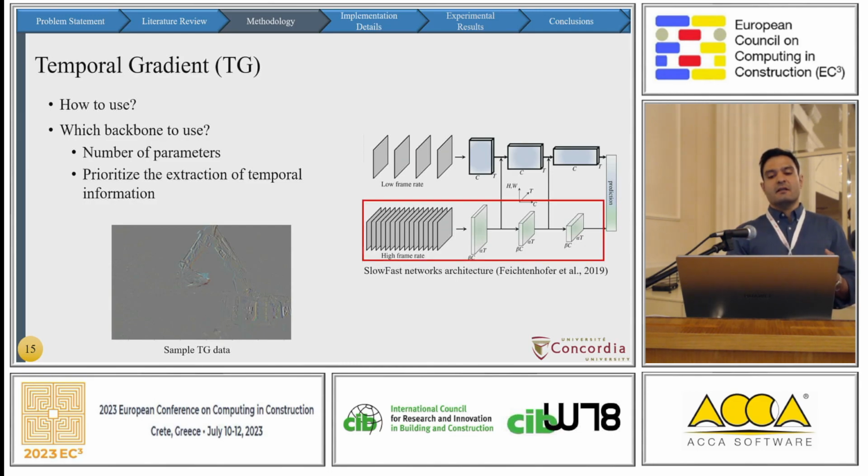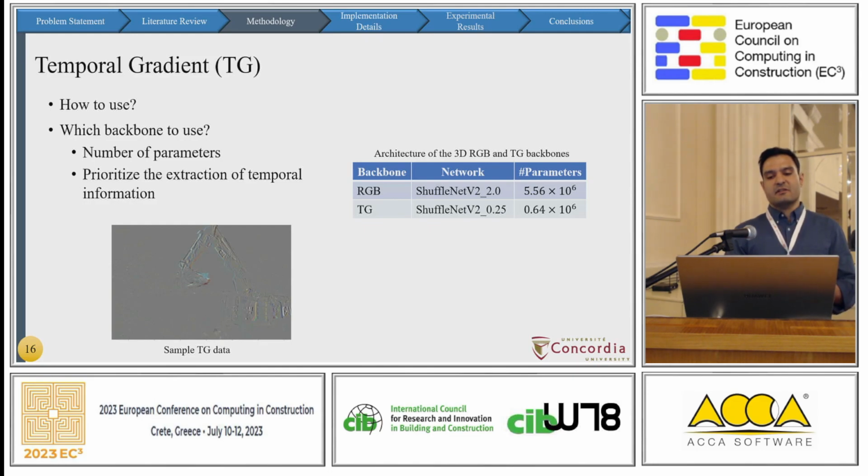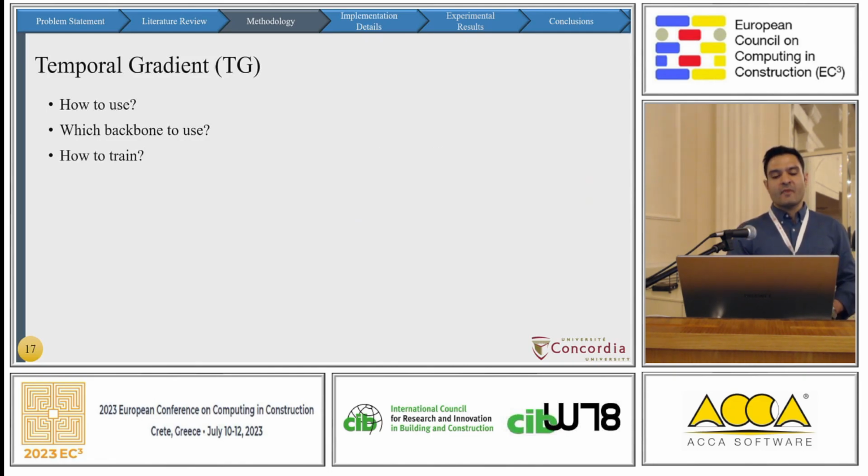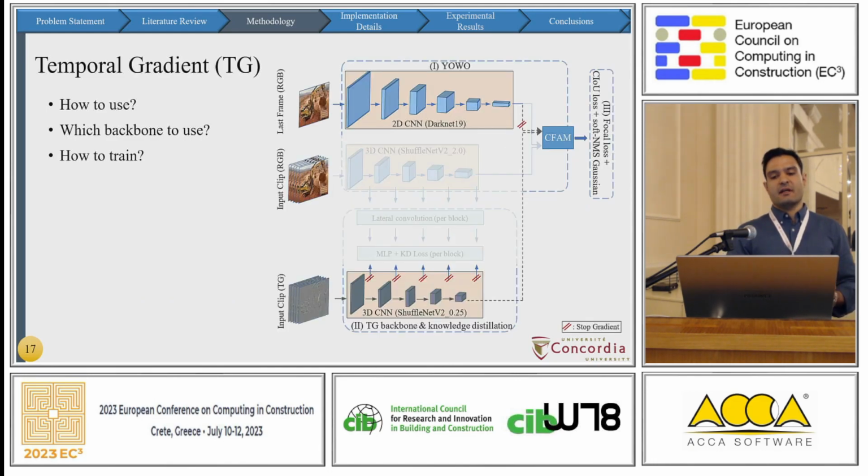For example, in here they input the high temporal resolution data to the smaller backbone so that it can focus mostly on the extraction of temporal information, while the bigger one focuses on the extraction of spatial information. Inspired by this, in this work we have selected these two networks for the temporal gradient and RGB backbone. And as you can see, the number of parameters of the temporal gradient backbone is approximately 1/10 of the RGB one. To train this backbone, we have adopted an approach similar to the original YOVO method, and that is